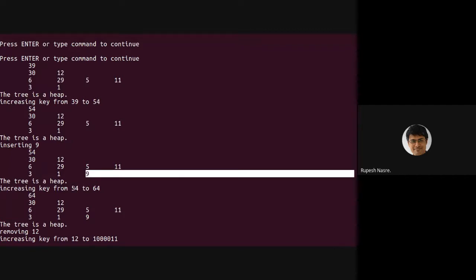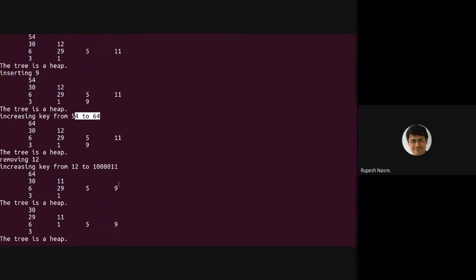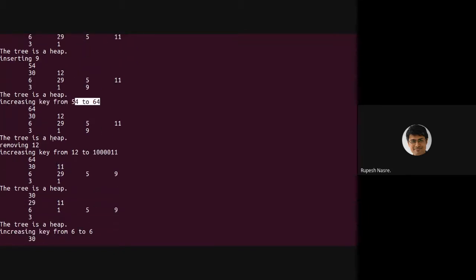When I try to increase the key, again, the root gets chosen, so nothing much to be done. Now I try to remove 12. 12 is the right child of the root. As you remove it, a hole gets created there, and that hole needs to be filled in. Now, what should it be filled with? Similar to delete max, you can move the last element here. This remove we didn't really discuss on the slide, but I'll explain that to you. The last element can come here, that is 9, and then that 9 can move down. Since this is a, is this correct?